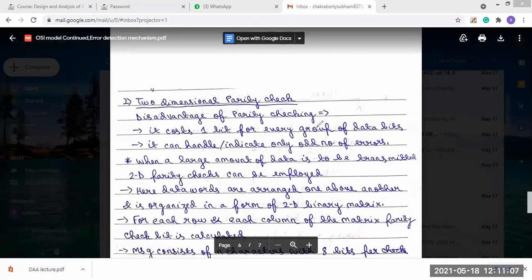Now, how can the 2D parity check be employed? Here, the data words are arranged one above another and organized in the form of a 2D binary matrix. So for each row and each column of the matrix, a parity bit is calculated. Now if you see the example, it will be clear.